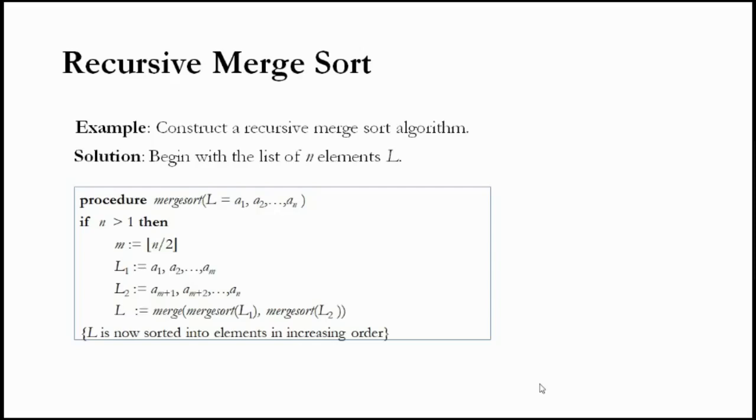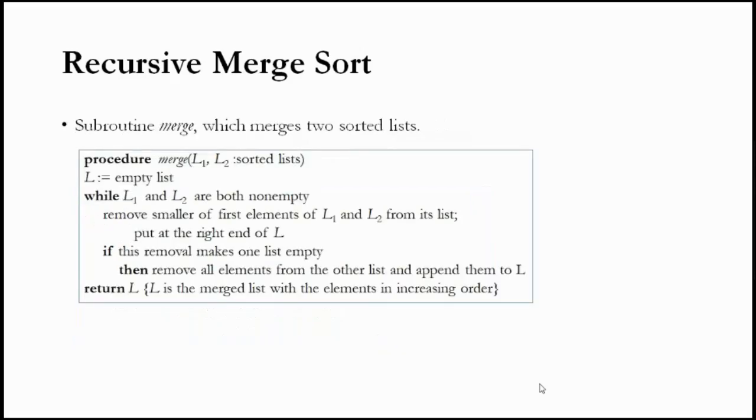If you call merge sort of L1 and L2, what will happen? Again, this first half will be taken and divided again. In the first half, whatever the first sub half is, that will be assigned to L1. Whatever the second sub half is, that will be assigned to L2. So this is what they call a recursive procedure. Finally, merging will also be done in the same way. Once the sorting is done, you may use the less than symbol or greater than symbol depending upon the way of sorting you want, ascending order or descending order.